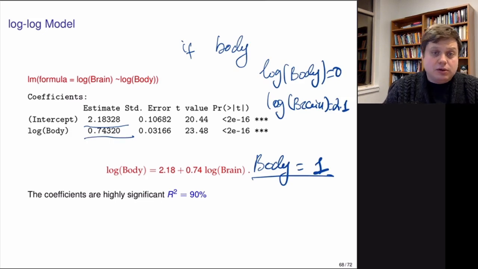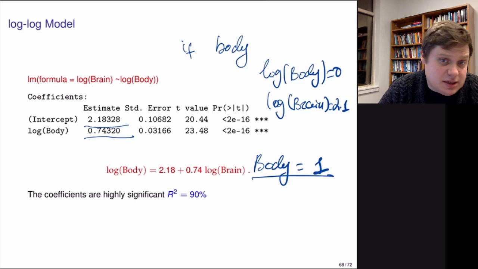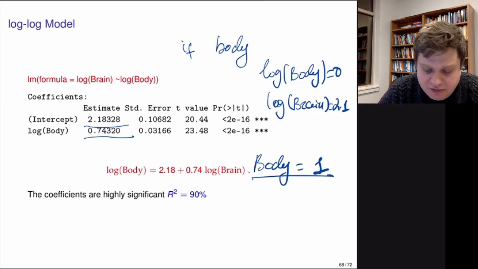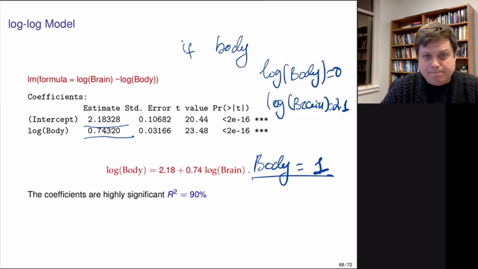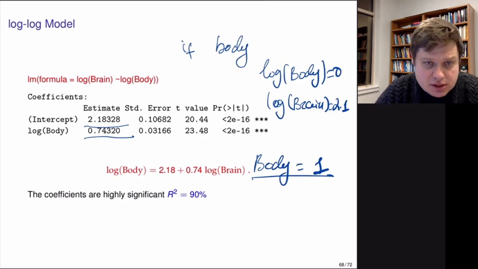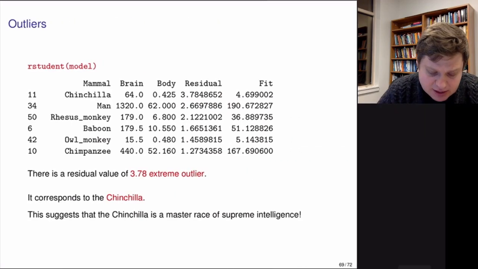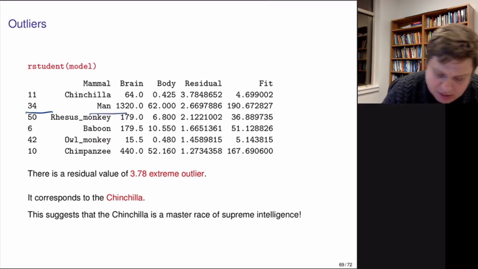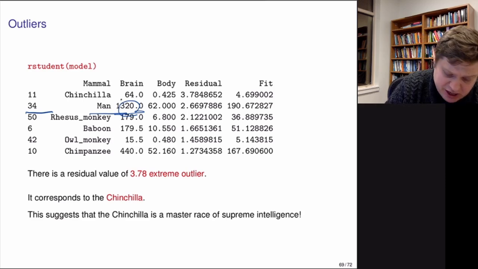So remember, on the log scale, this is elasticity, or it basically tells us that if your body size changes by 1%, your brain size should change by 0.7%. Okay, and let's look at the outliers. So again, observation number 34, which is a man, is an outlier, as we expect, right? The humans have disproportionately large brains to the body size, and another outlier is actually chinchilla,